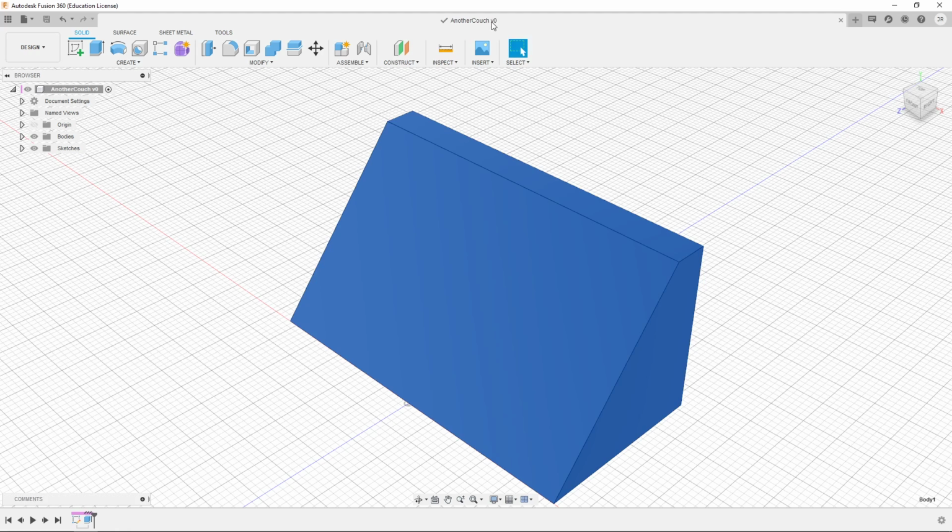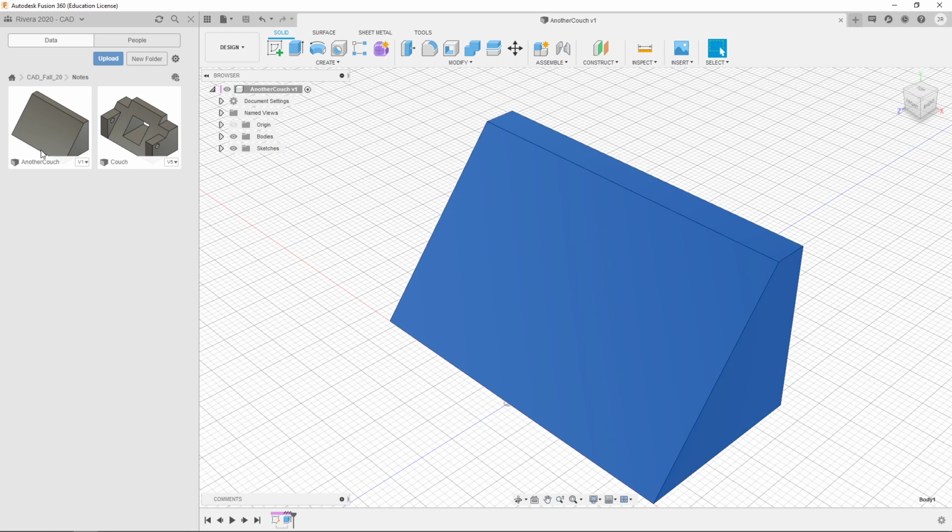And in a moment, it'll show us this. There it is. And it says version 0. This is the first time we've saved it. Every time we save, we have a different version. And if I check my data panel on the left, there it is. So there's my original couch. This is the one that we're working on right now. And this one was on version 5. This one's now currently on version 1. It's the first save. And so we'll come back to this in another video, and we'll continue to expand on